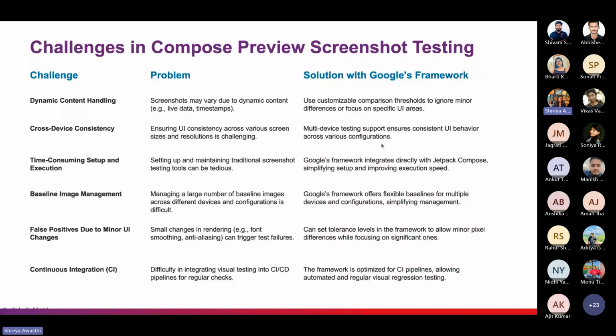Next point is time consuming setup and execution. Setting up and maintaining traditional screenshot testing tools can be tedious. Maintaining traditional screenshot testing can be a very lengthy process, as we need to set marks and explain everything about it, like when to take screenshots, everything has to be explained. But with this Google framework, as it is directly integrated with Jetpack Compose, which is specifically designed for